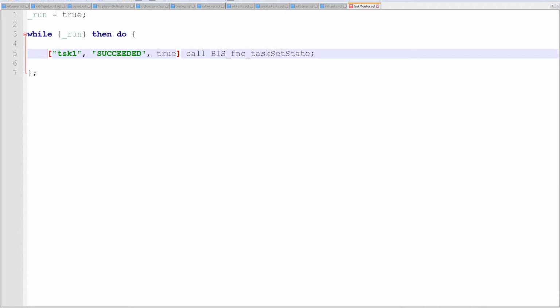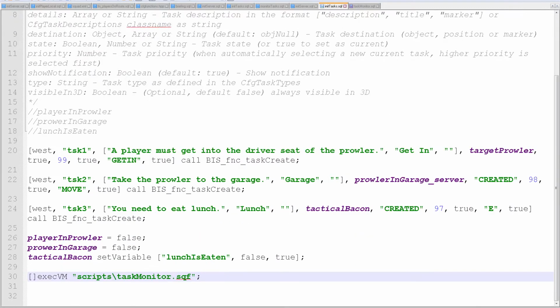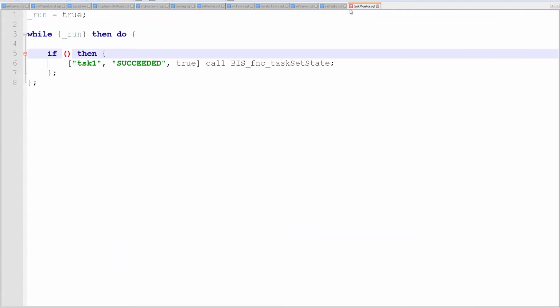All right, and we only want this to fire if some conditions are met. So if this condition is met, then it's going to fire that. All right, so what's our condition? Our condition is, on that trigger that we created where I actually set the task state, I'm going to create a variable, which we already set up, player in prowler. That's all I'm going to use. If player in prowler,